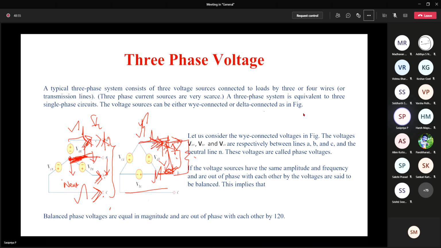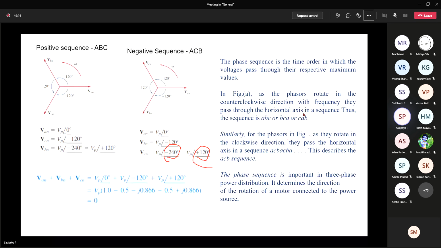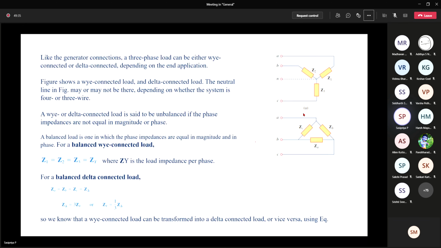So here in the 3-phase system we have the 3-wire connection and the 4-wire connection: 3-phase 3-wire system or 3-phase 4-wire system. Here voltage and current will be there, but we have two more important things. One is a line voltage, the other one is a phase voltage. Similarly, current can also be line current and phasor current. With this introduction I stop. Let us continue with the relationship between the line voltage, phasor voltage, line current and phasor current for all these 3-phase systems for different sequences. We'll continue in the next class.